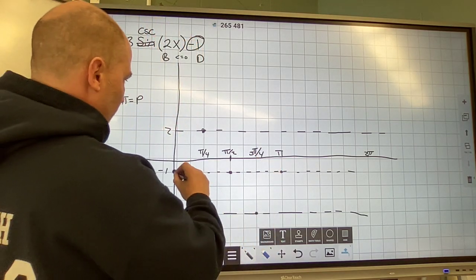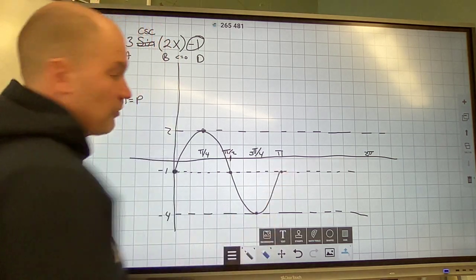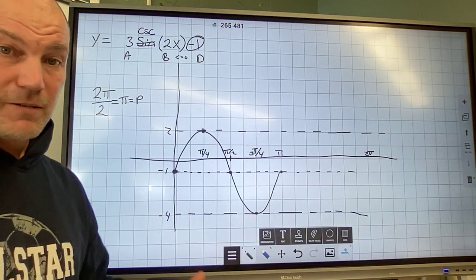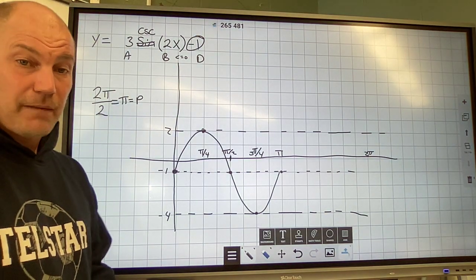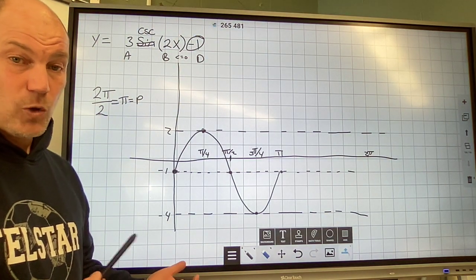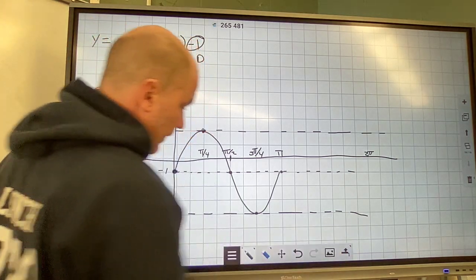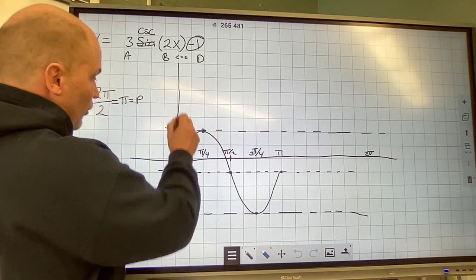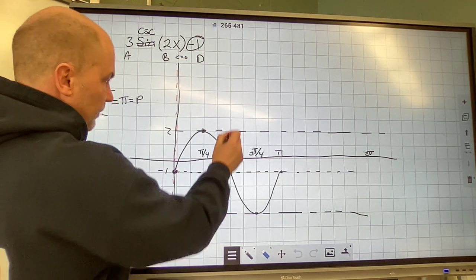So now I'm going to sketch my graph. And again, if I had a way to do this really lightly, I totally would. So this is my sine graph. So now all I have to do, just like that previous video, is figure out the cosecant part of it. So here's the slight difference. These should be zeros. These points, this point,